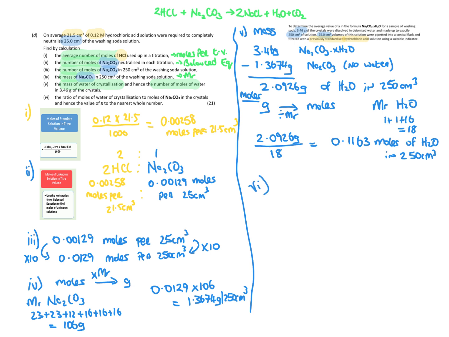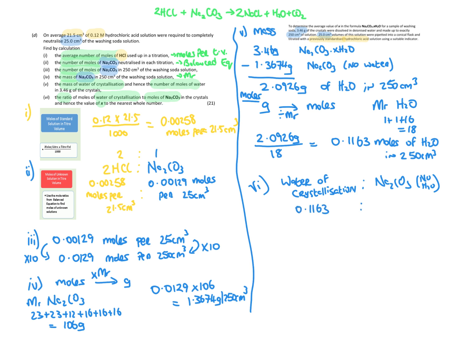So part 6 then asks us, what is the ratio of moles of water of crystallization to moles of sodium carbonate in the crystals, and then they hence ask you to find the value of X. So what we're looking at here is we want to get a ratio. So ratio would be water of crystallization. So let's write that down. So we can see that the number of moles of water of crystallization that we have in 250 centimeters cubed is